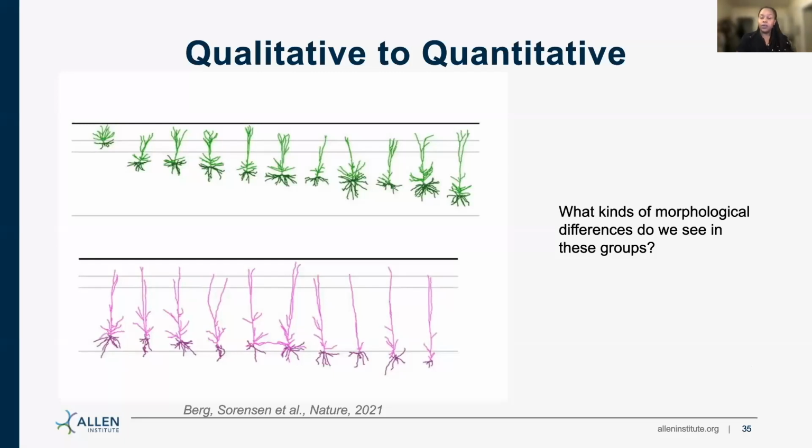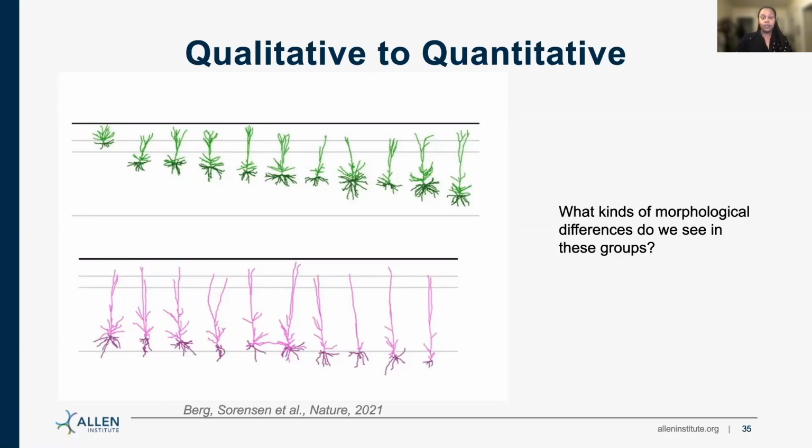I like to think of the quantification of morphology as the process of taking qualitative assessments and turning them into quantitative measurements. By that, I mean finding a way to define and measure features of a cell, a process we call feature extraction or feature calculation. This allows for a systematic, objective comparison of cells, both when looking at them individually or as a part of